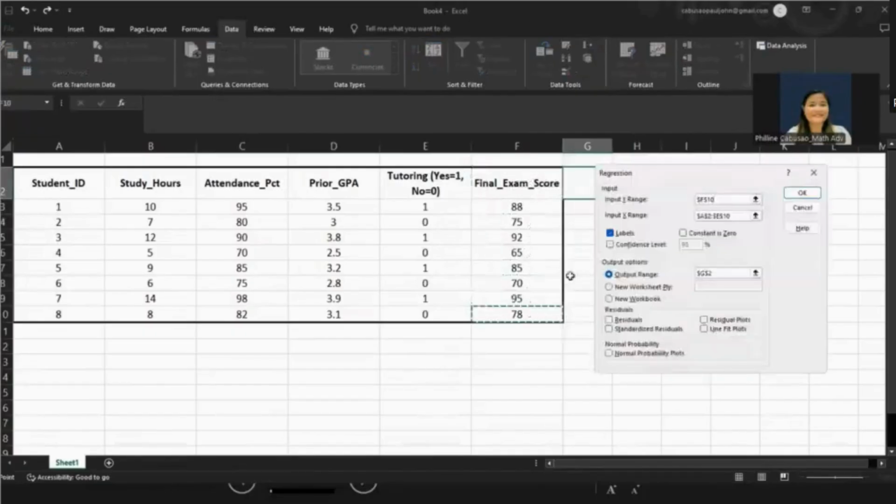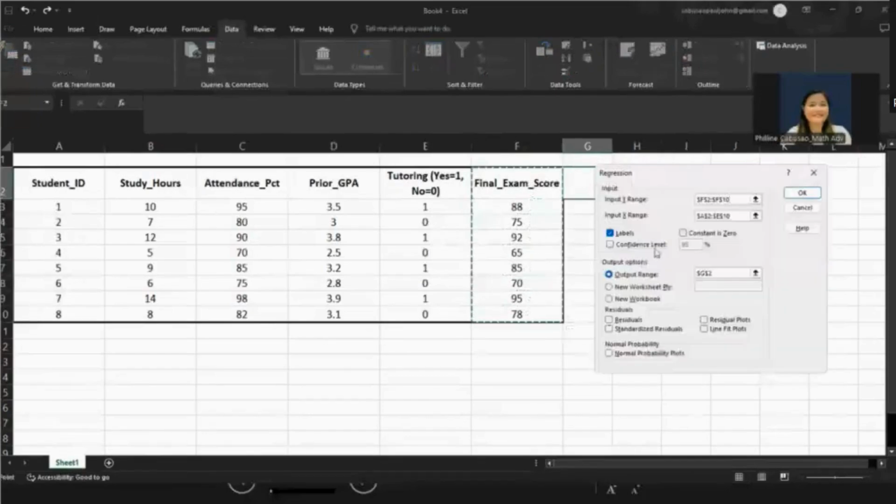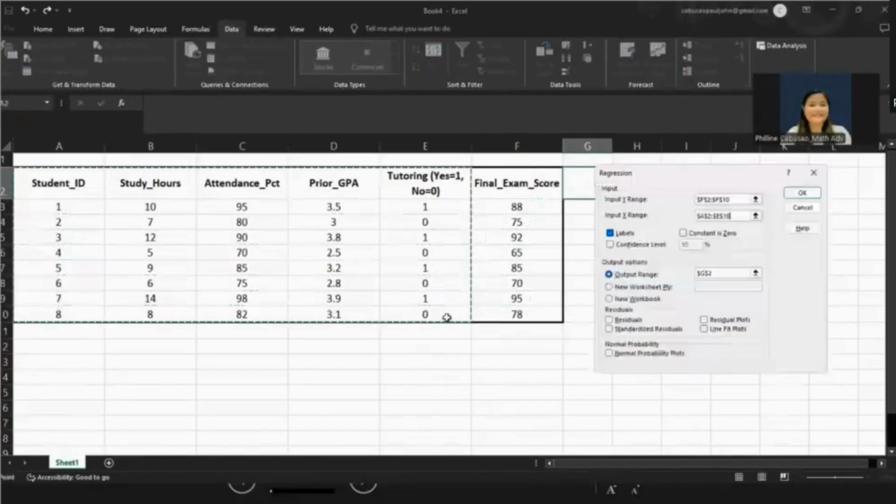So you just drag, that is your input Y range. For the input X range, you choose from the first column down to tutoring.